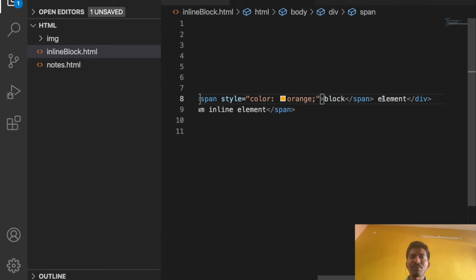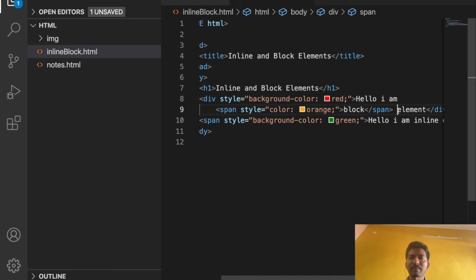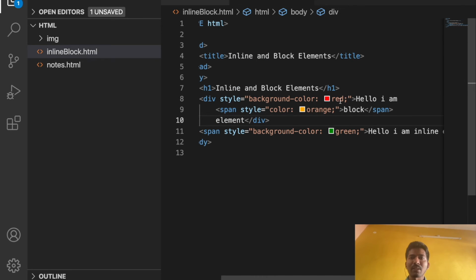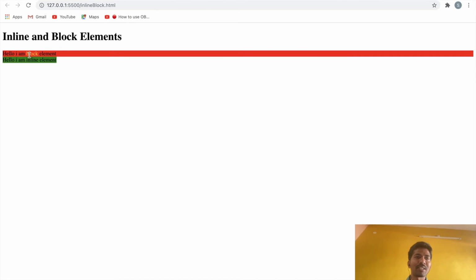See, now I kept only this block inside the span. I will give a next line for your understanding. So I split this block into a different element, and that is an inline element, and for that inline element I added color. Now let's see how it comes. See here, only the word block is coming in a different color. So like that we can use an inline element inside a block level element.